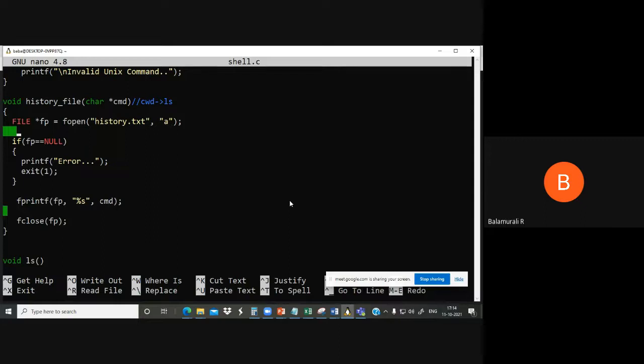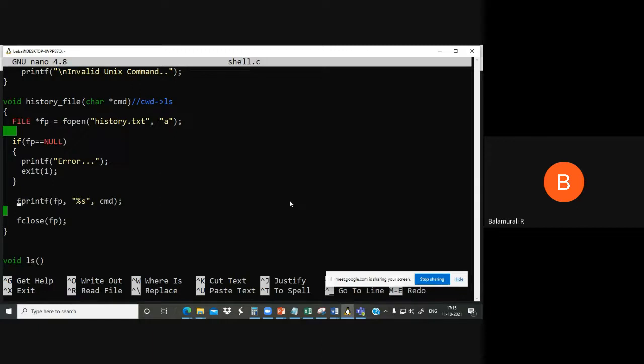Now we are opening this file history.txt. We are opening the file in append mode because we may want to add many commands. After opening the file, we check whether this file pointer is null or not. If the file pointer is null, we print an error and exit.